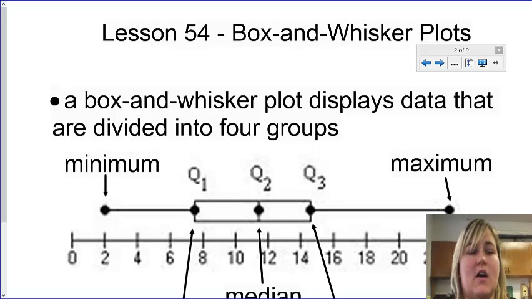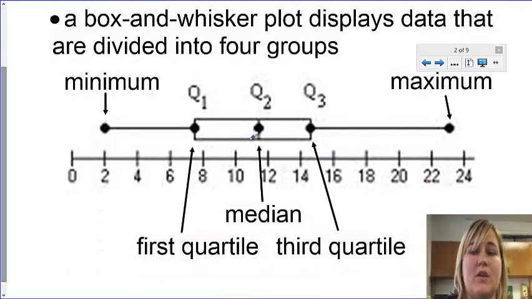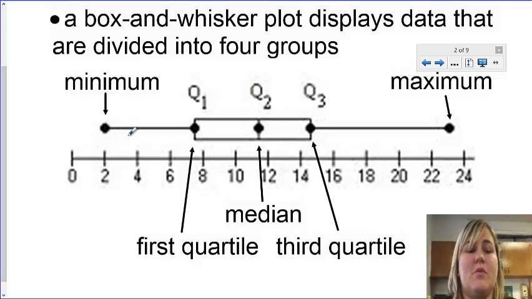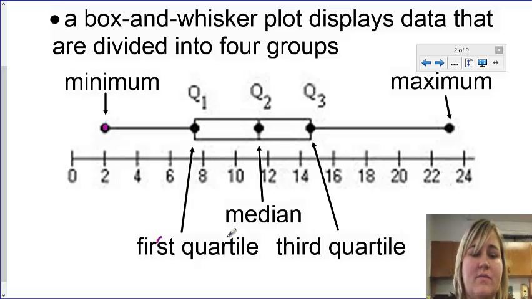That's it. So a box and whisker plot displays data that are divided into 4 groups, and it's very important that you know the names of each of these points. The first point that we have is the minimum, and we will plot that as our lowest number. The lowest number is our minimum. That's what goes first. Our Q1, or our first quartile, is a median of the lower. So I'm going to write